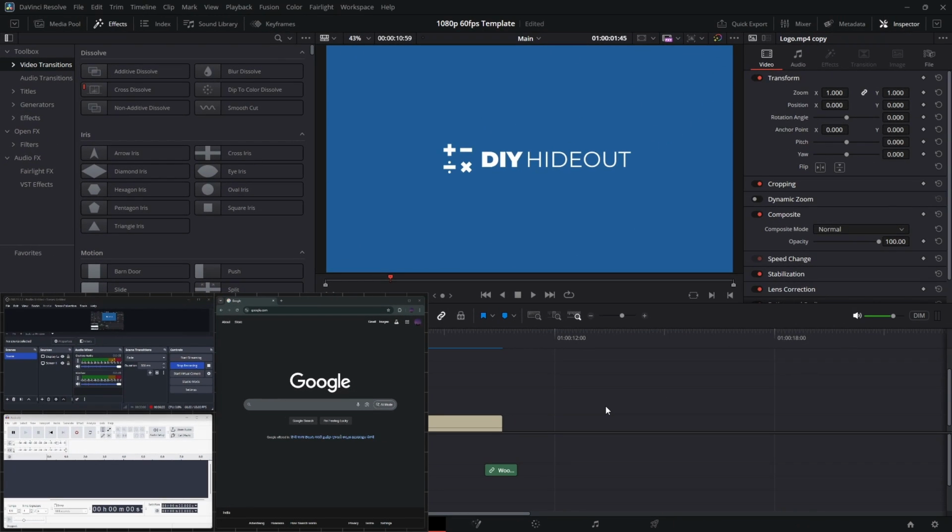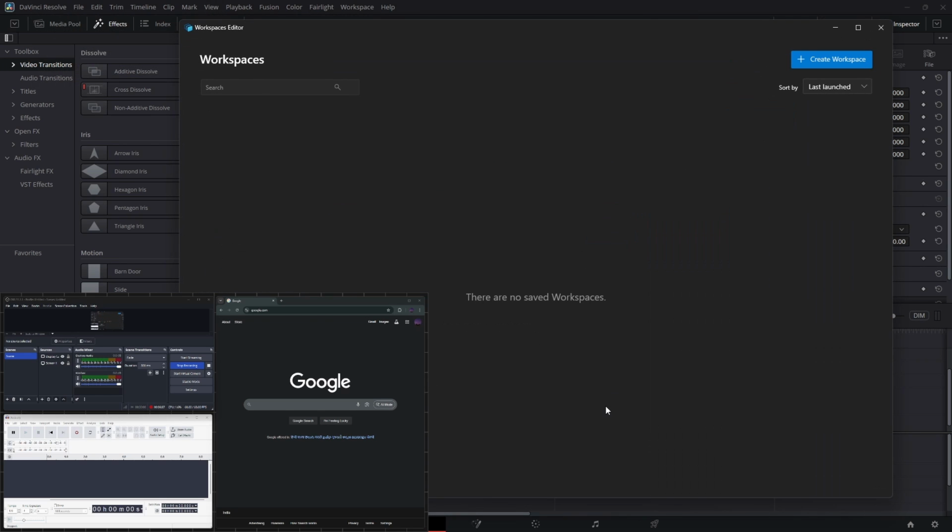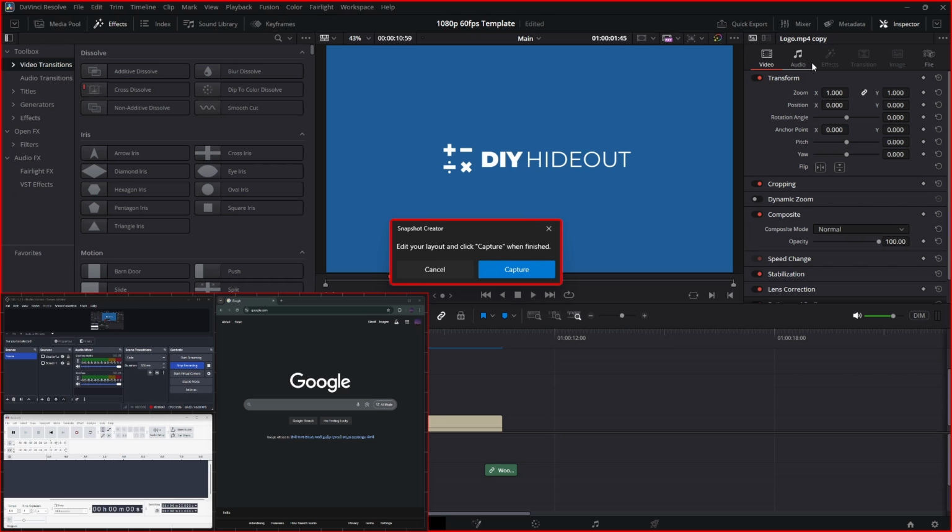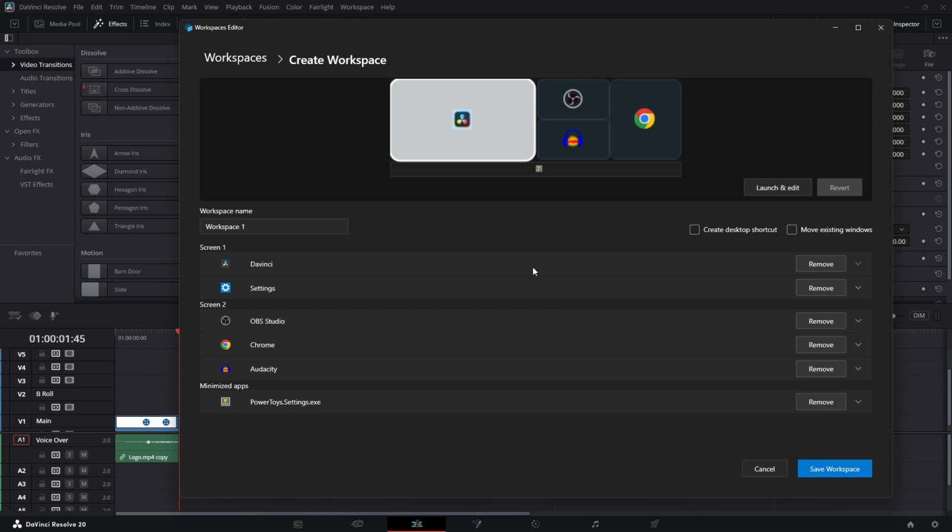Once you've set up your layout, activate the Workspace editor using its shortcut. Click on Create Workspace, and it will select all the available monitors. In the pop-up window, click Capture. Now enter a name for your workspace